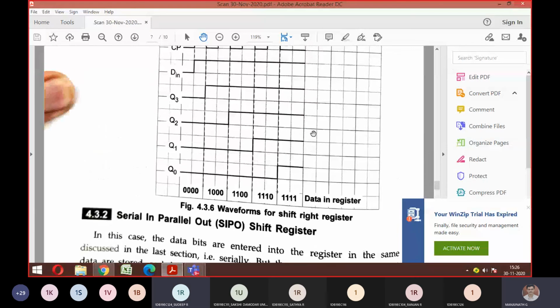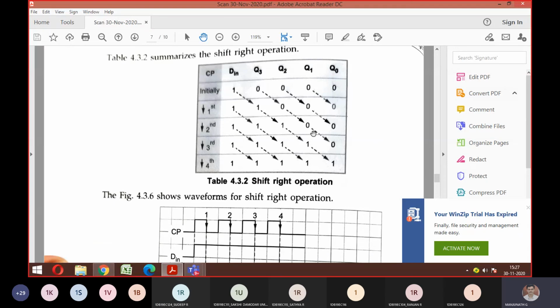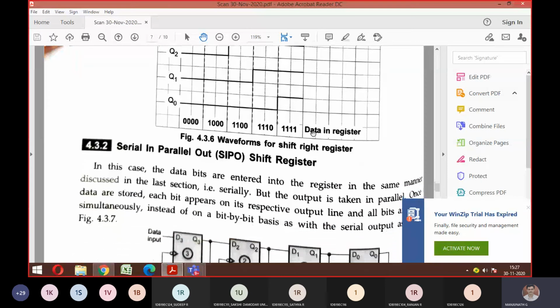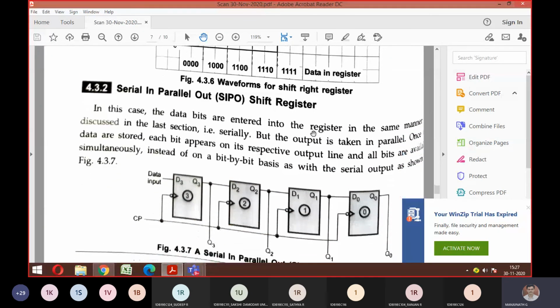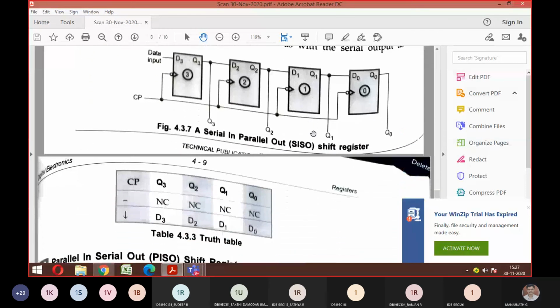So I will give the hint. The hint is the shift operation should be either left or right. It's left to you. Whichever you want to take, but I want you to understand the way you're sending the input and the way you're getting the output. Any example of your choice, you just get prepared. In the next class, I may ask anyone. Am I clear?